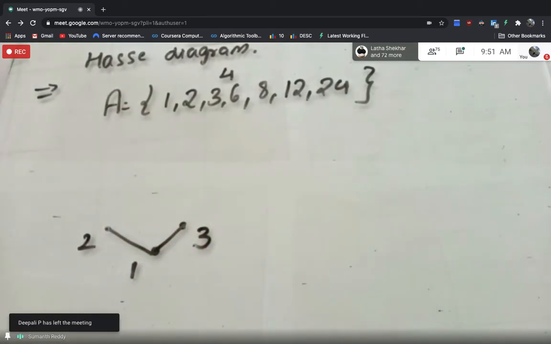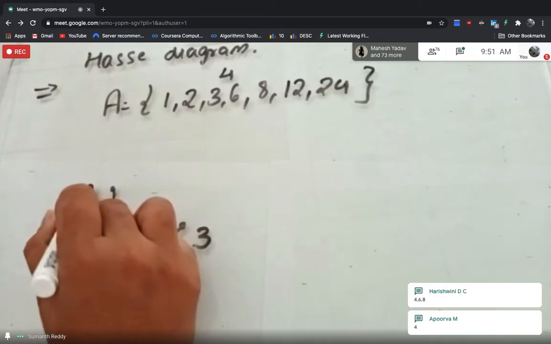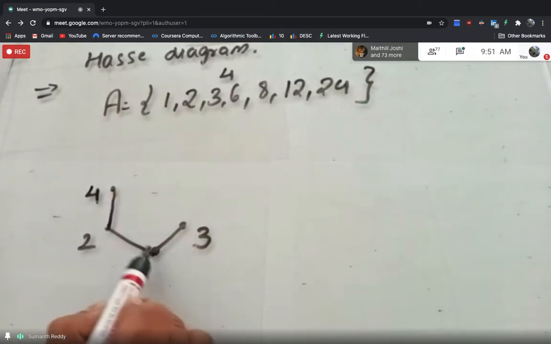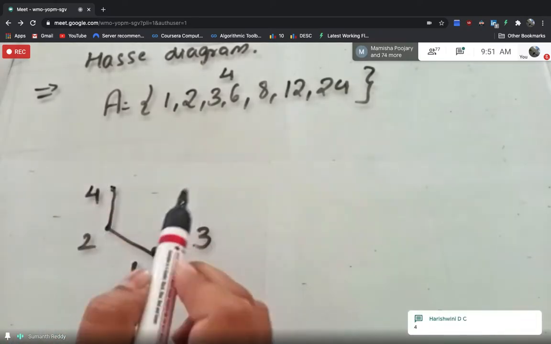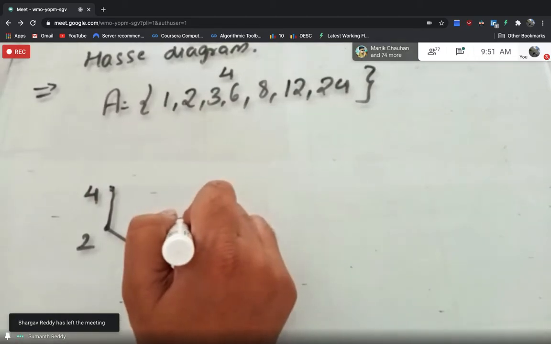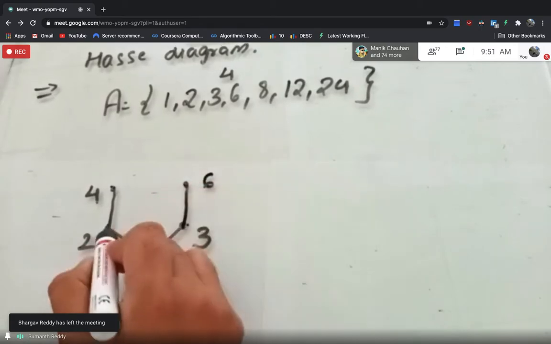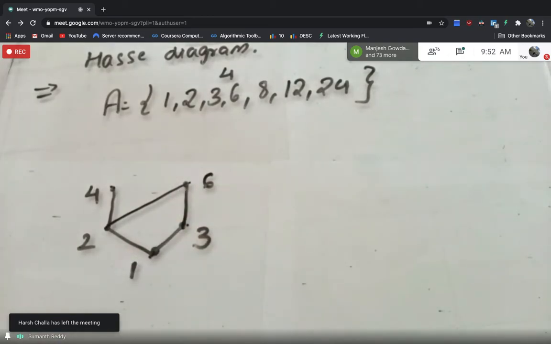Exactly. Okay. So now, which is the element that is related to only 2? Only 2. Of course, you need to include even 1 also. So it will be 4. If I write like this, 1, 1 is over, 1, 2 is over, 2, 4 is over, and since it is transitive, 1, 4 is also over. Okay. So 3, 3 is over, 1, 3 is over. So next I need to include the 6. But when I include 6, even 2 is also related to 6. So based on that, I have to write one more line here. All right. So next, which are all the other elements we have? We have 8.